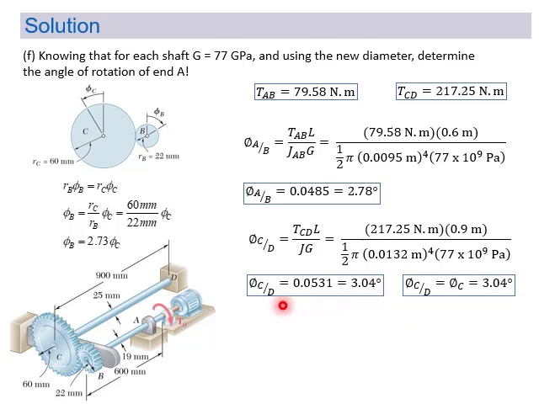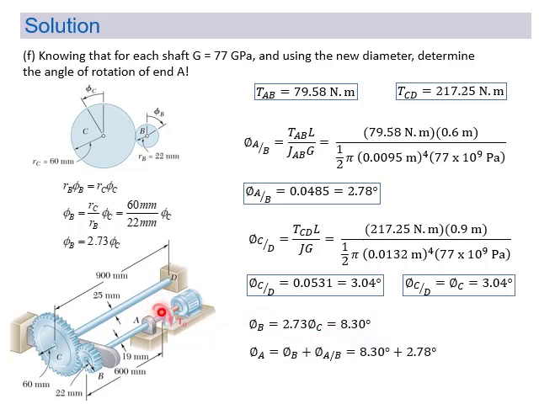As shaft CD is twisted, gear C should move together with shaft CD. Knowing that, we should be able to derive that the twisting angle of shaft CD should be equal to the rotation angle of gear C. From here we can calculate the rotation angle of gear B from this equation, by multiplying it by the rotation angle of gear C. We get that the rotation angle of gear B is equal to 8.3 degree.